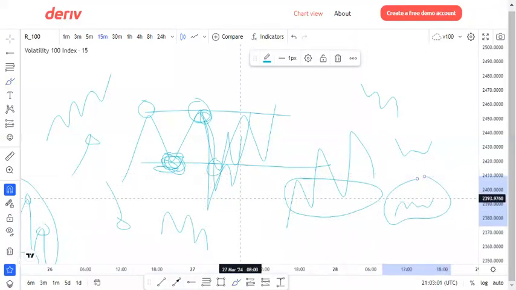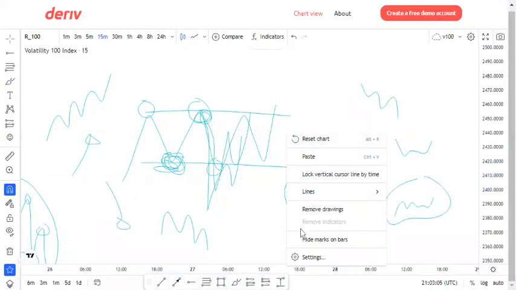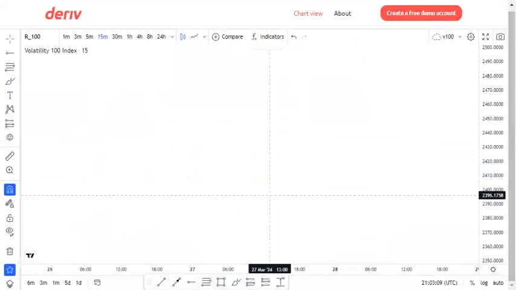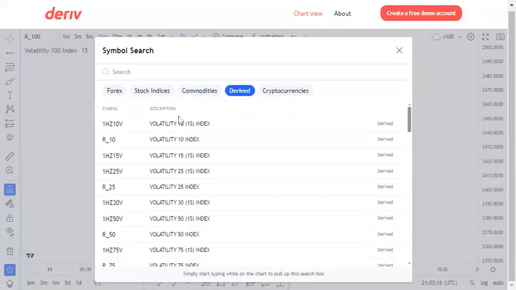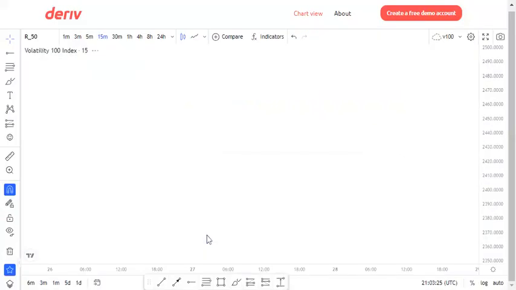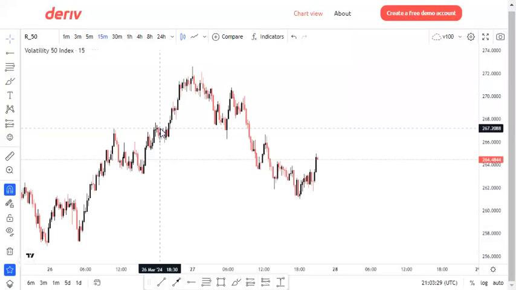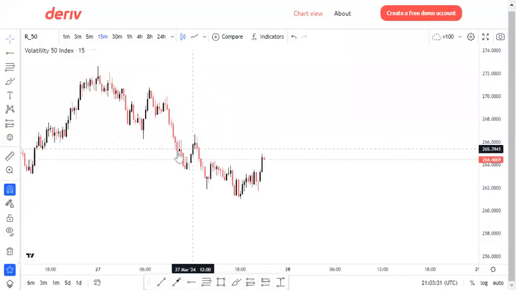So without wasting time, I'd like to show an example of an uptrend, and I think we'll look for another pair which will be better. I'll take my example on the volatility index chart. Okay,